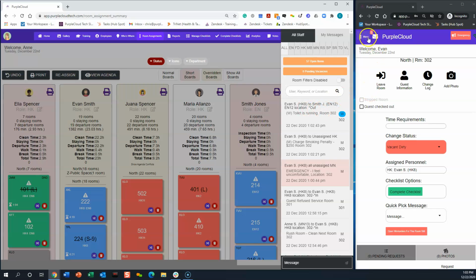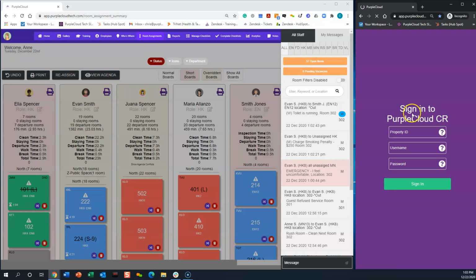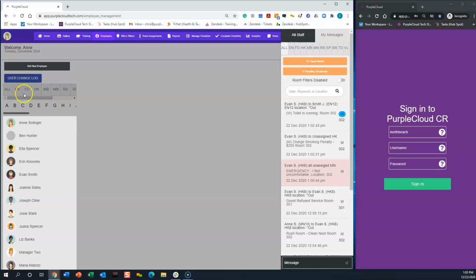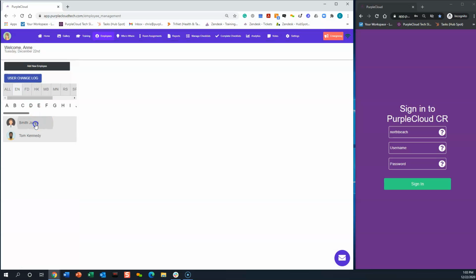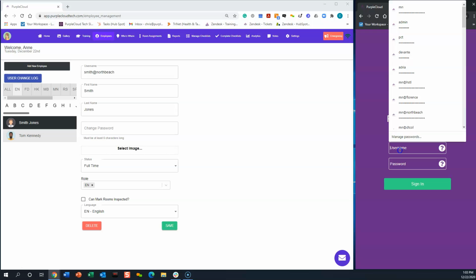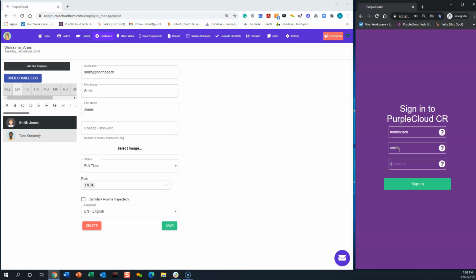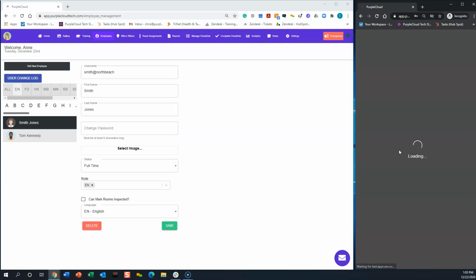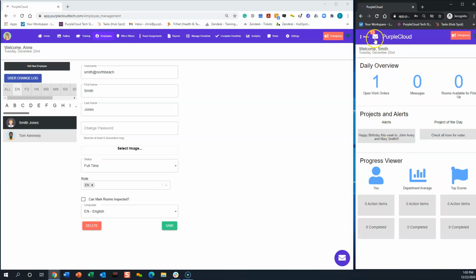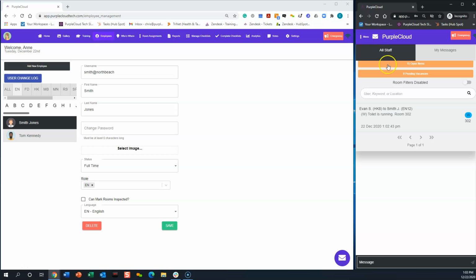So if I were to log out as Evan and log in as Smith Jones, I should be able to see this message here. So I'm going to log in as Smith Jones, and let me check his username. So it's Smith. All right, and if I click on my envelope, I can see all of the messages that I have here. So I can see that the toilet is running for room 302. So as an engineer, what I would simply do is click on the room